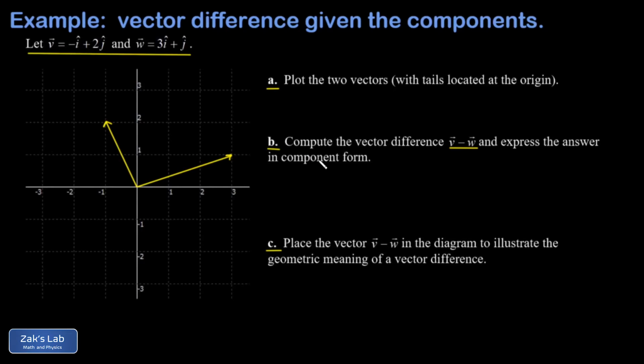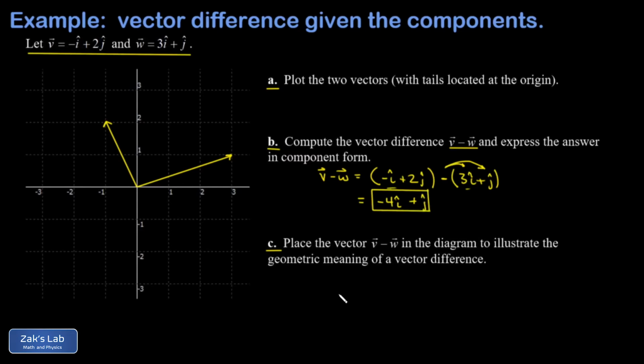In part B, I want to get the vector difference algebraically. So v minus w is negative i hat plus 2j hat minus (3 i hat plus j hat). I'm going to distribute the minus sign there and then combine like terms. So my i hat terms, I have a negative i hat minus 3 i hat. That gives me negative 4 i hat. And then my j hat terms, I have 2j hat minus j hat. So that's a plus